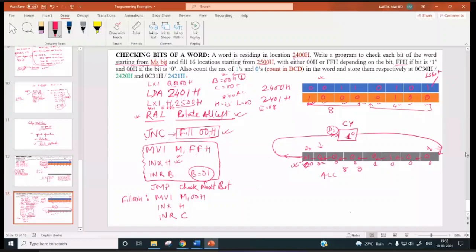So for checking the next bit, you have to decrement the E register. Then you have to go for JNZ loop. So where will the loop be? I will just rewrite this program in a new slide.